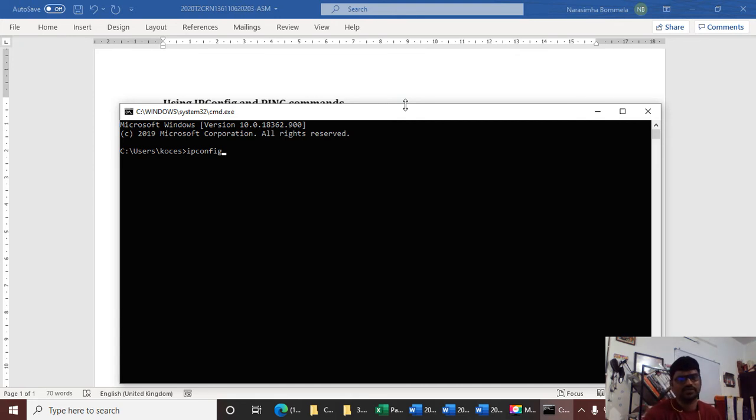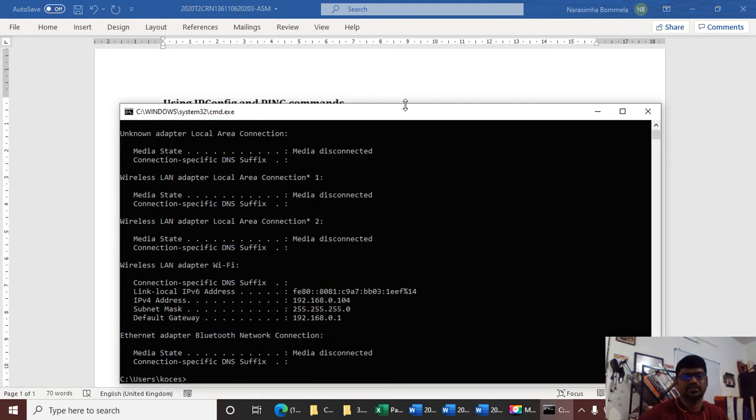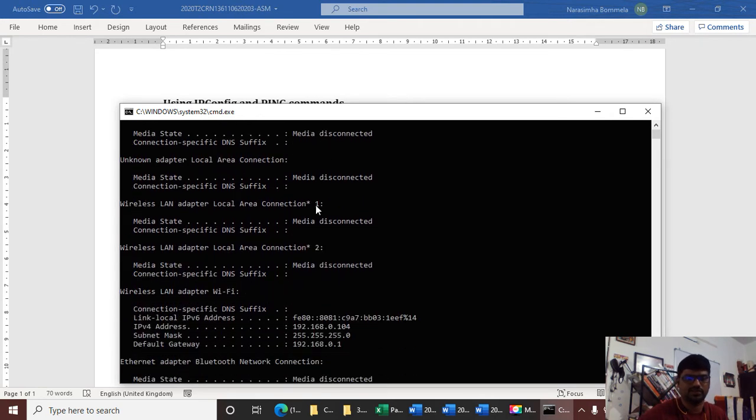Most of you will definitely know that our system is connected to the internet because of the IP address. Whether or not our system is connected to some particular network, we will have an IP address that uniquely recognizes the system. Understood? So let us find out the details of your system configuration. Press enter. It provides a lot of information.